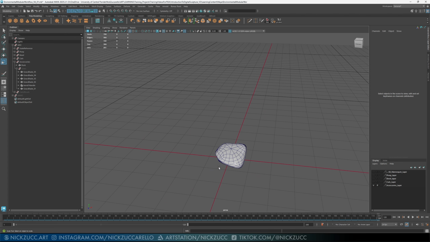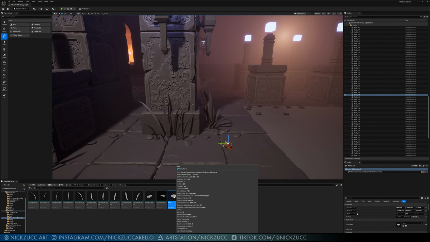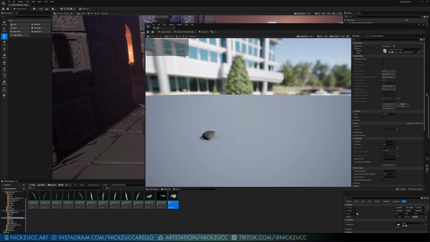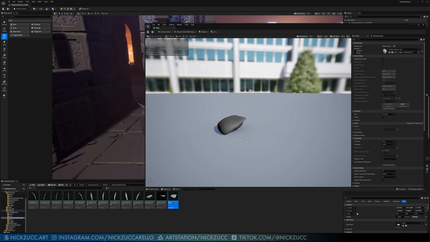Okay, so let's go back to Unreal. Let's take a look at this rock that we've got here. I'll double click on it, and you can see the static mesh viewer window that we've got. What I want to talk to you about is we need collision on this model. Most models will have collision automatically generated for it whenever you